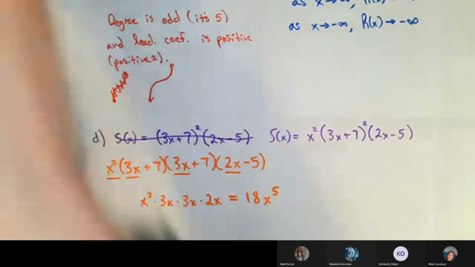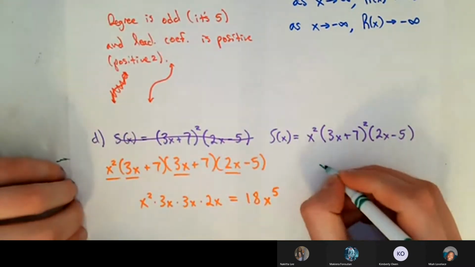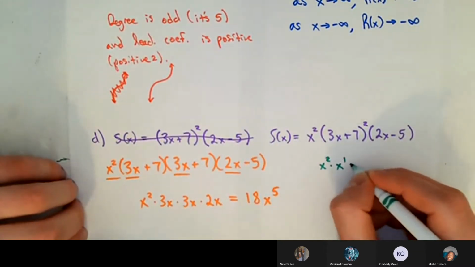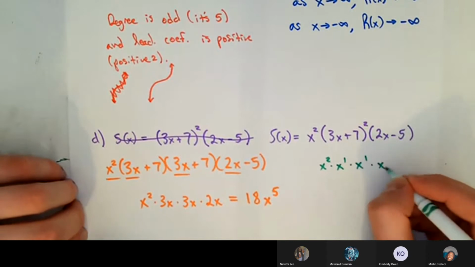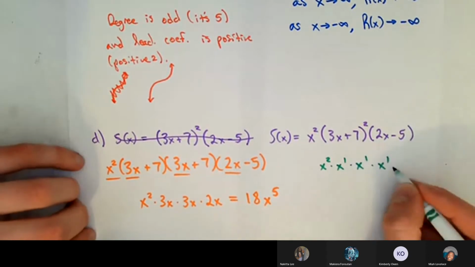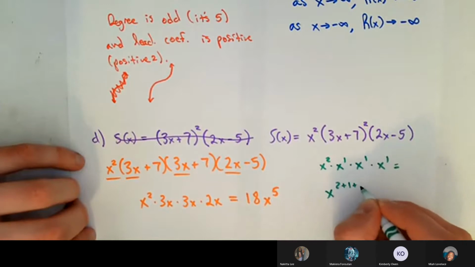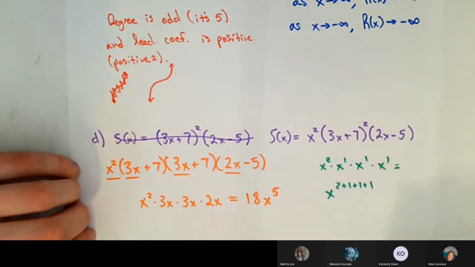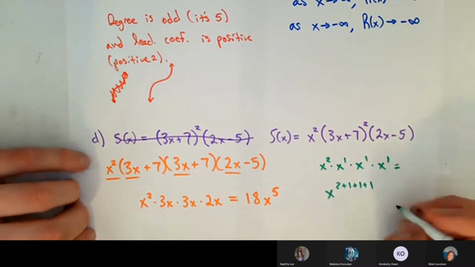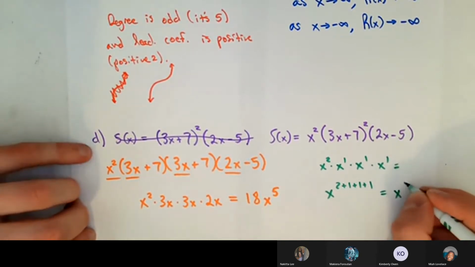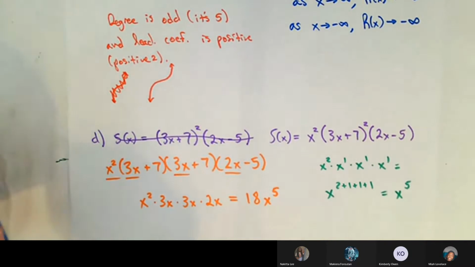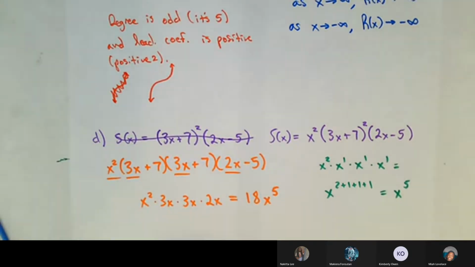So this is technically x squared times x to the 1st times x to the 1st times x to the 1st, and you can just say that that's equal to x raised to the 2 plus 1 plus 1 plus 1. Technically, that's what's happening, right? When you multiply things with like bases, you just add up the exponents. And this, of course, is x to the 5th. Okay, so